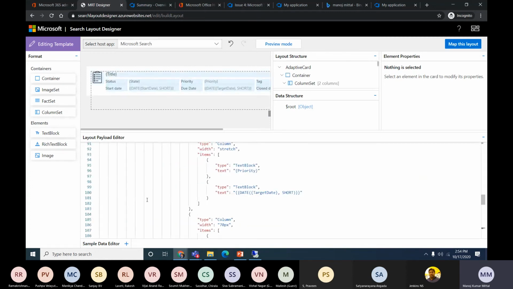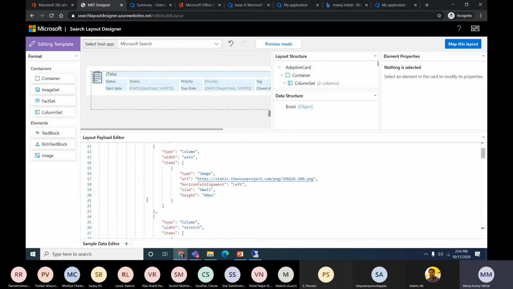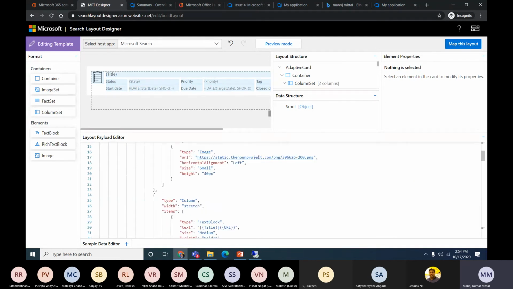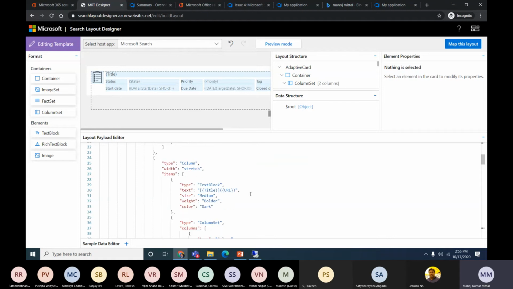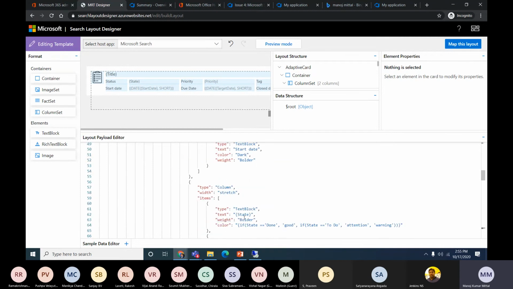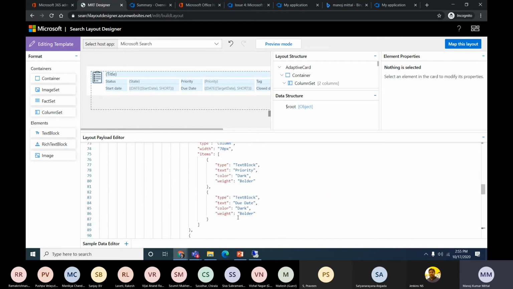So this is the card which I defined. It's just adaptive cards using tabular structures, how the column set is used and what values are going to come. This image is not coming from DevOps; I've just given a static image here, and then the title is there, and the title has a URL. Similarly, other properties like the state I have added in this section.